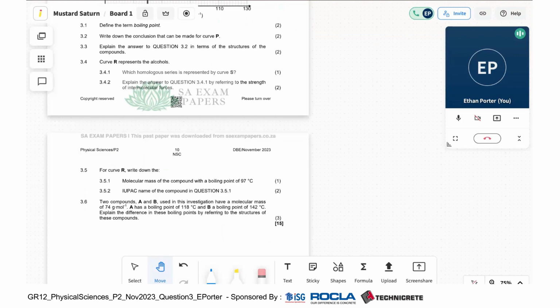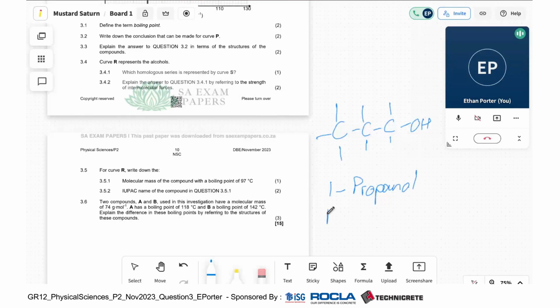Okay, so they want the IUPAC name, so you have to give a very specific name, not just propanol. It's a primary alcohol, so because it's primary, we know that the OH group is at the end of the molecule. So if we draw it, propanol, 3 carbons, OH, populate the hydrogens. So this is propanol. So the IUPAC name would be 1-propanol,